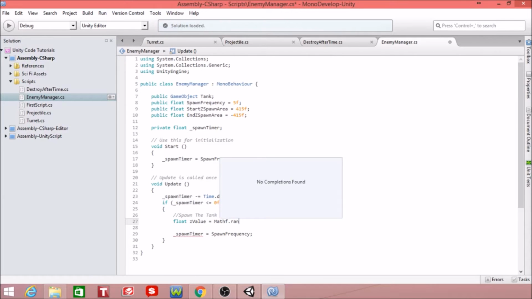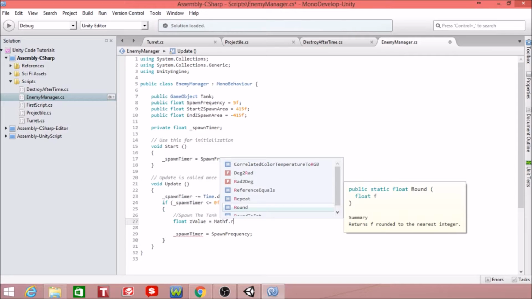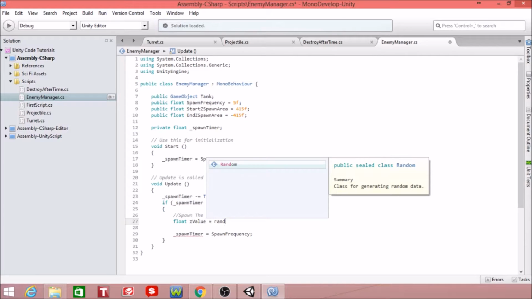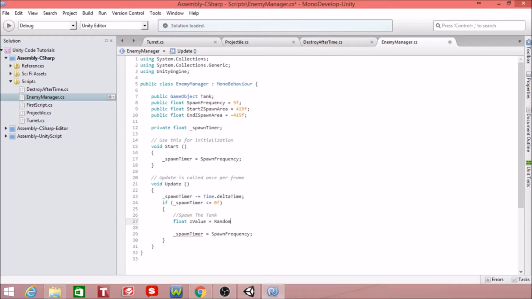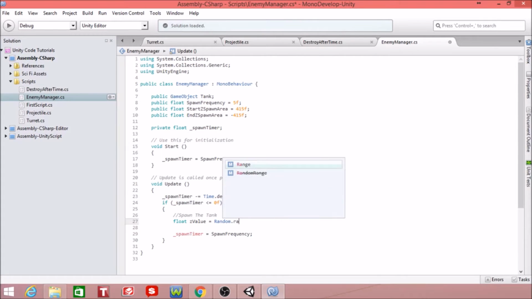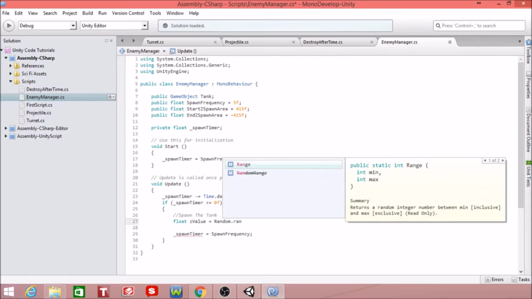Now, okay, so there's math functions in there, but there's also just math.random, I believe. How do we do random again? Oh, I forgot about this. Okay, random is actually its own class. So we're going to say random dot, now which one of these do we want to use? Range. If we do Random.Range,